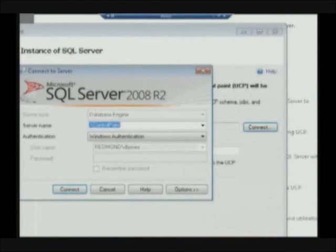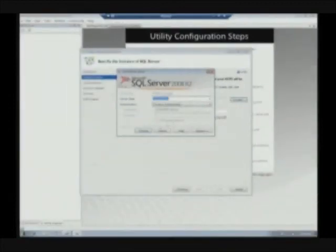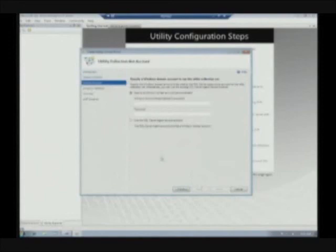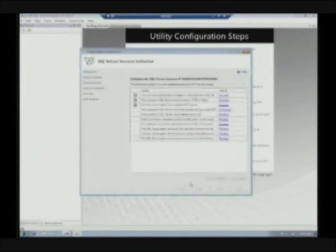All right, the first step is we want to select the instance of R2 that's going to be used as our control point. We can give it a friendly name. We'll go ahead and take the default for now. We'll specify some security credentials. And then we're going to run through some validation steps. Now, we heard from customers that there's nothing more annoying than getting all the way to the end and finding out that